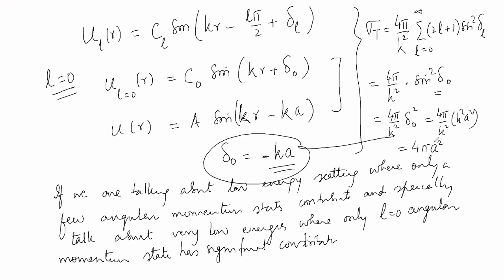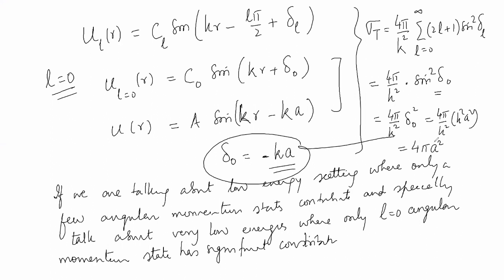Now one can do complicated mathematics to include all the higher partial waves and sum over them to include high energy scattering also, but that is not required here. We have to just apply that to the case where the energy is low, and we want to see what happens when the incident particle's energy is low and the scattering is taking place from a hard sphere.